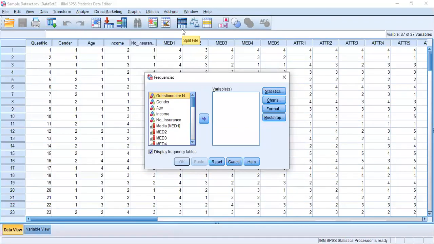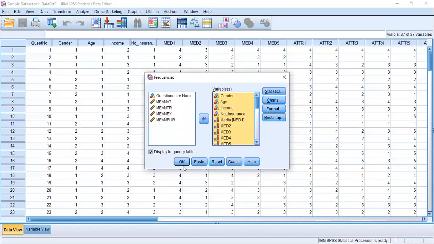Once you click Frequencies, you can select your variables and run the frequency analysis. Here, for data cleaning purposes, we select all the variables or items except your questionnaire number. I just calculated the mean value, therefore I am ignoring it here, and just click the variables, then click OK.